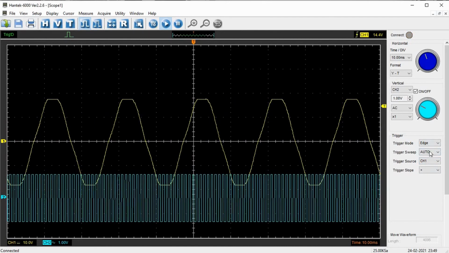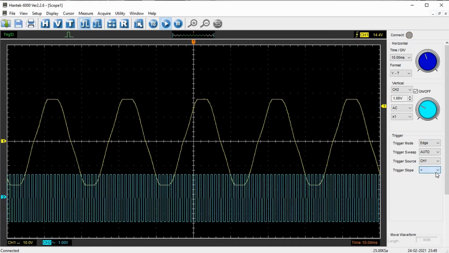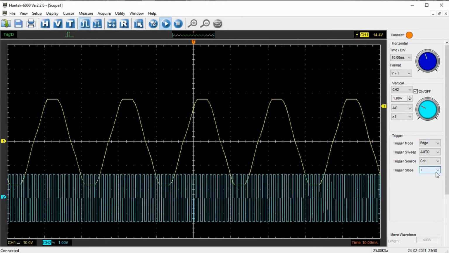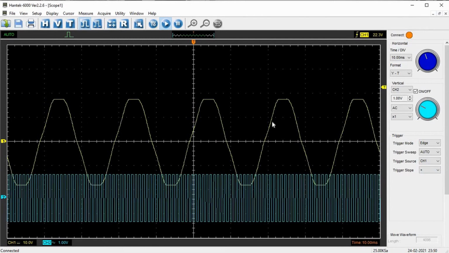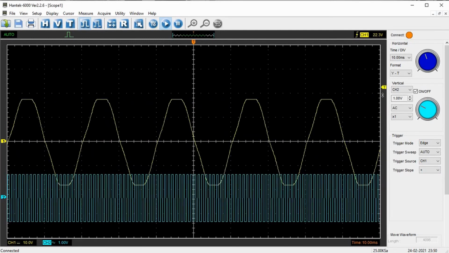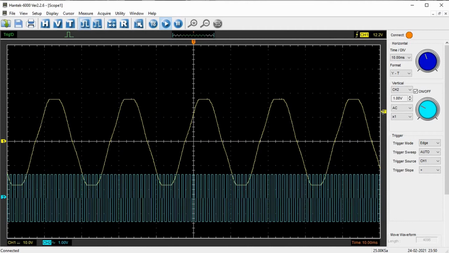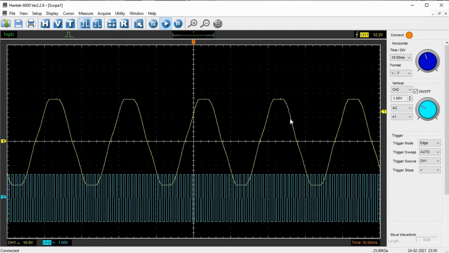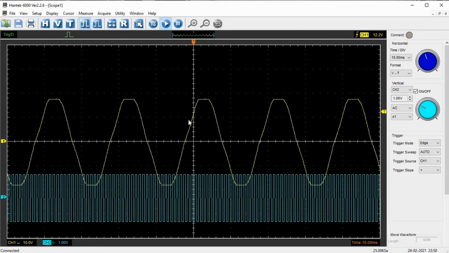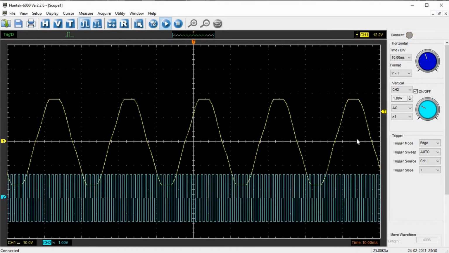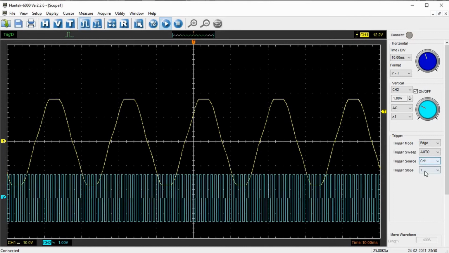So what is the source of the trigger? Then, is it a rising edge or falling edge? I'll tell you what this is. So now let's keep it at the rising edge. Now if you move this point above this, you can see the voltage waveform running. When you moved it lower, it stopped. So now let's see what happened. The first thing is the time trigger. Let's assume I have kept it at this point. So it is triggering based on the channel 1 rising edge.